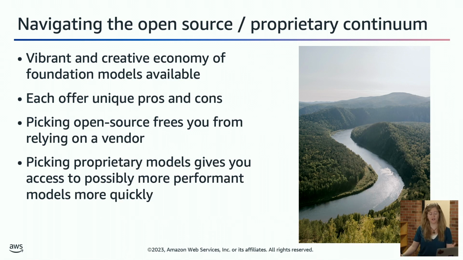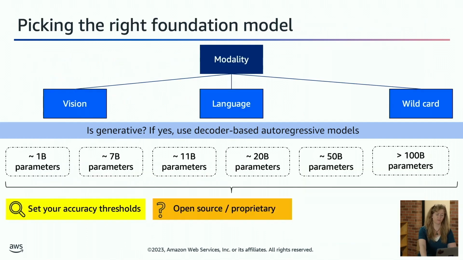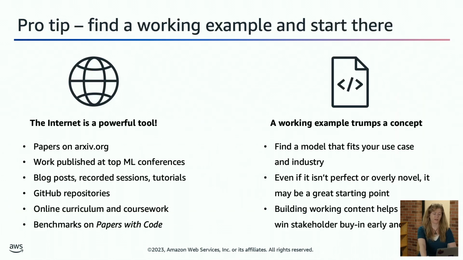Most companies that I work with, most customers, will have a really clear opinion that they only want to do open source or they only want to do proprietary models. If you don't have a clear opinion on that, then just run a cost-benefit analysis. Look at the quality of different models, how well they work for you, how easily they integrate into your apps, and then make a decision about open source versus proprietary. So this becomes our second decision criteria.